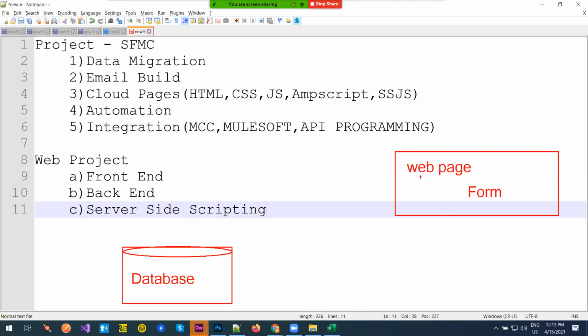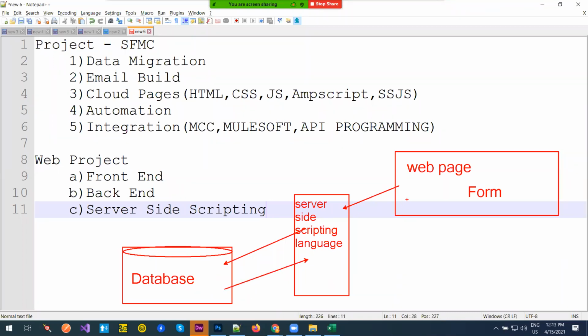And to bring the data from the web page to the database or from the database to the web page, we will have a layer here, and this is the server-side scripting language. It depends on the technology. So this will take the data from the web page, give it to the database, or it might take the data from the database and give it to your web form. That's it. This is the basic thing.